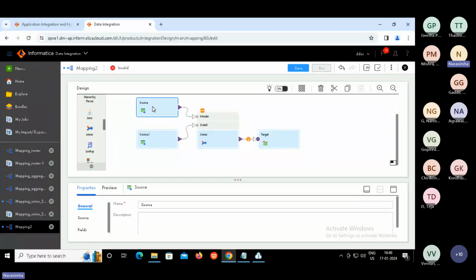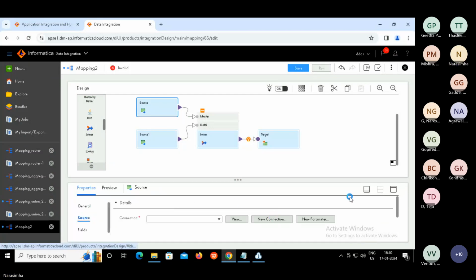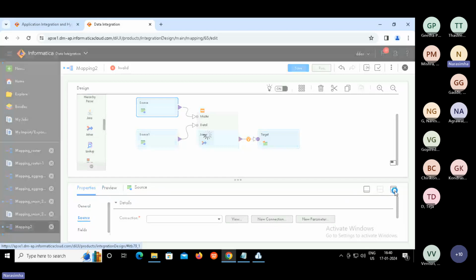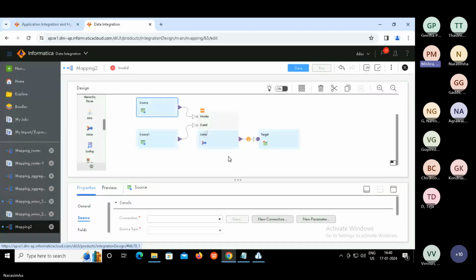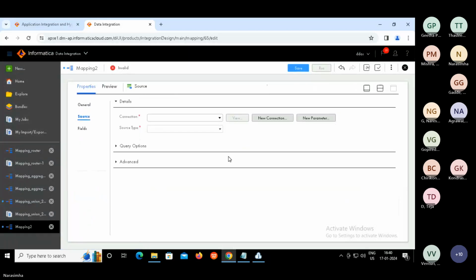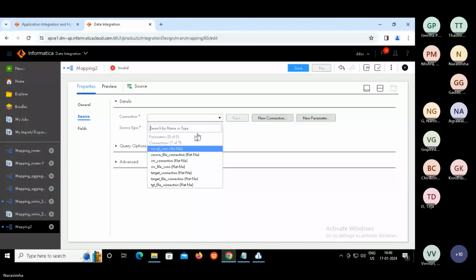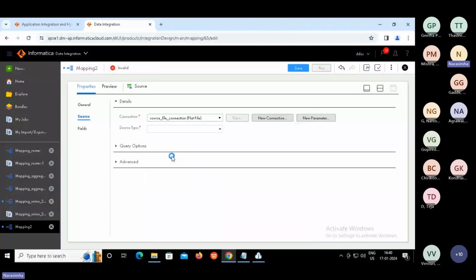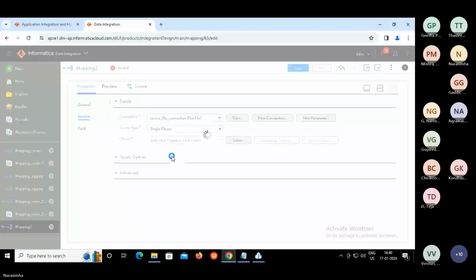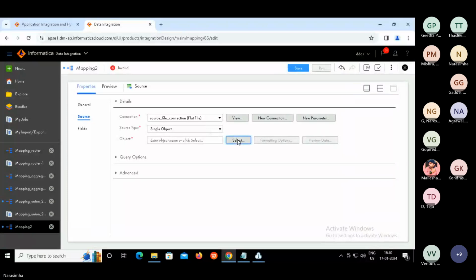Now let's configure the source and go to source properties. This is same as earlier, guys. So let us do it. Source file connection, and then source file name.